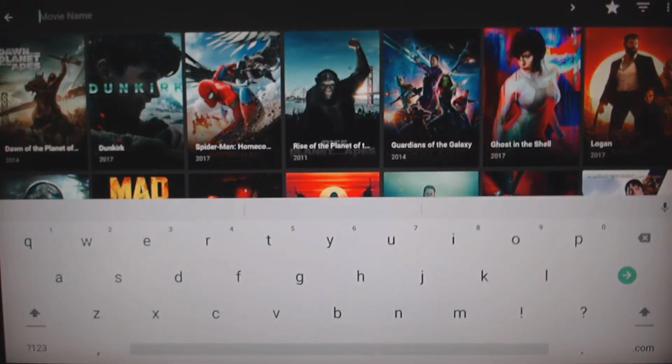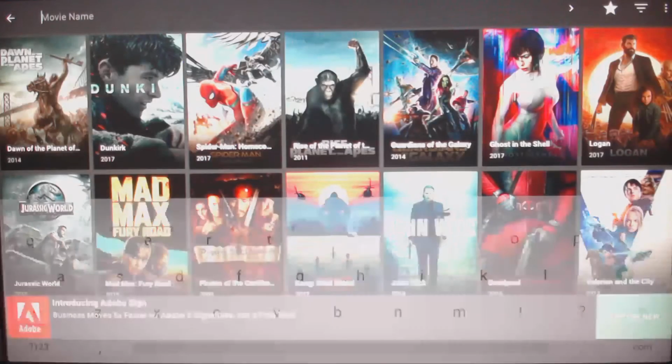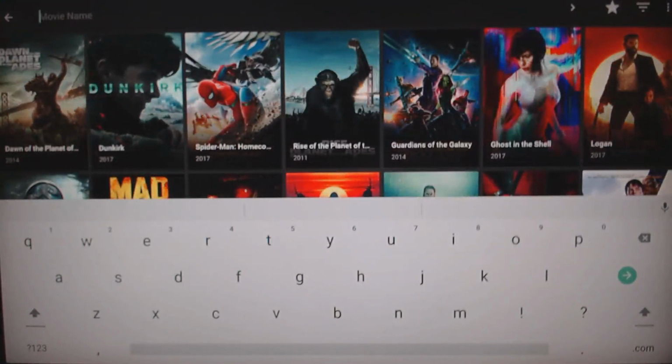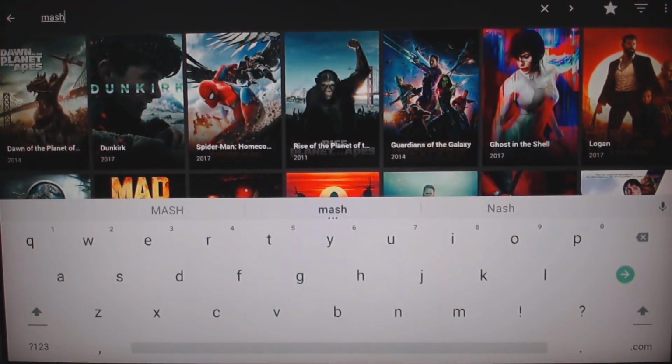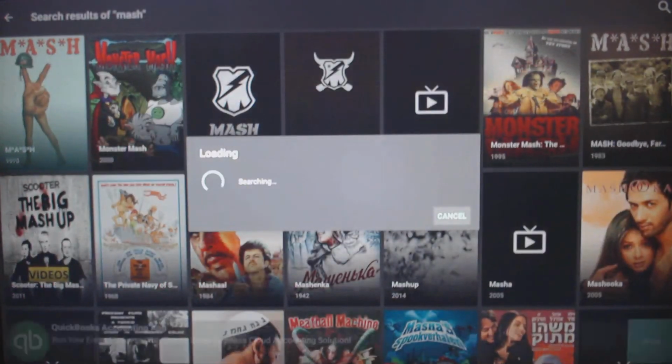Since you're in the movies, you can punch in the name of the movie you're looking for, and so let's just see. Oh, I accidentally hit a key here. Let's just look for the movie MASH, and we'll arrow down here, and we'll hit the OK button, and